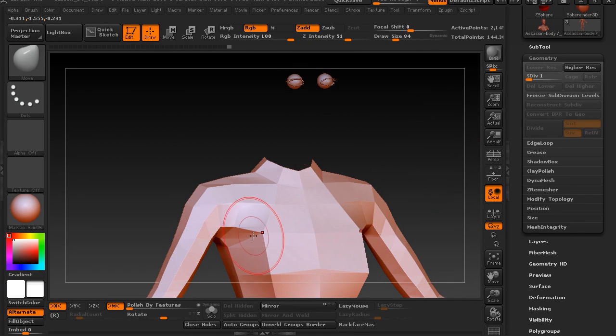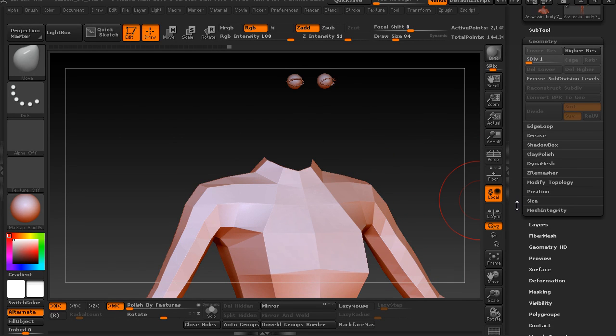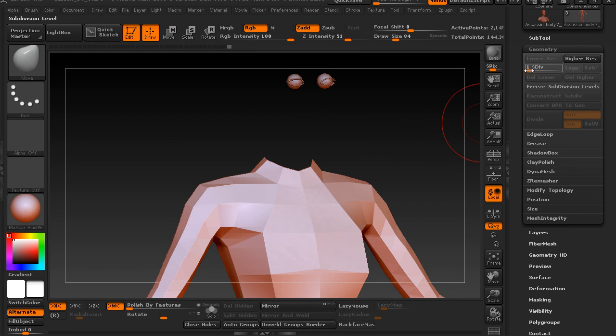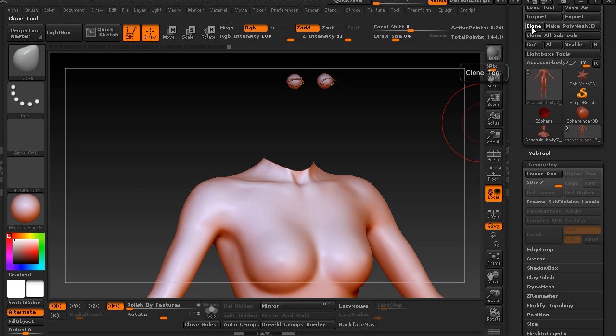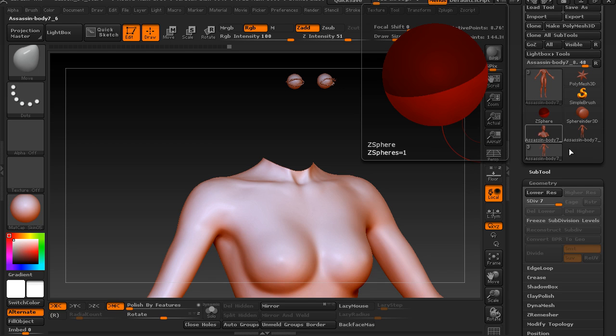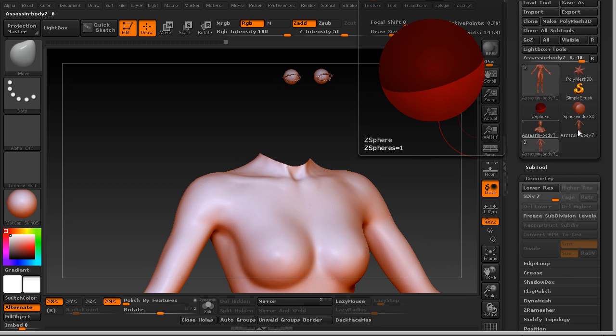I'm not quite sure why it's not letting me delete hidden, but we can just go back to the highest subdivision level again, clone this. So now if you look in this panel here, we have our old tool with 3 subtools in it, and we have